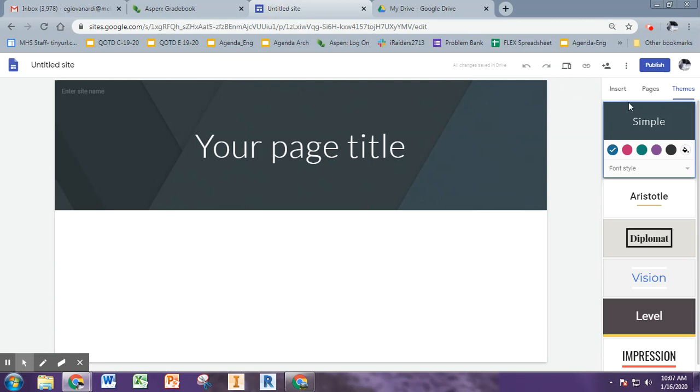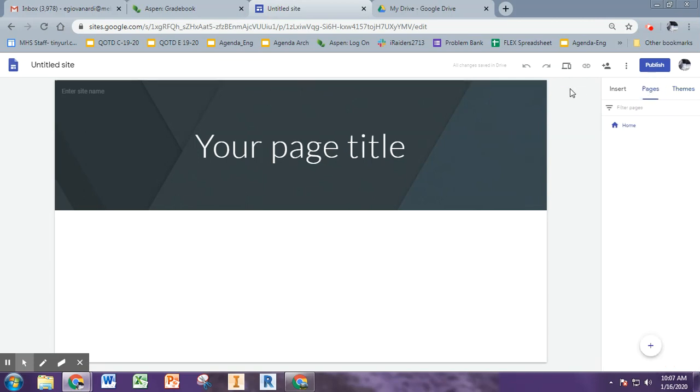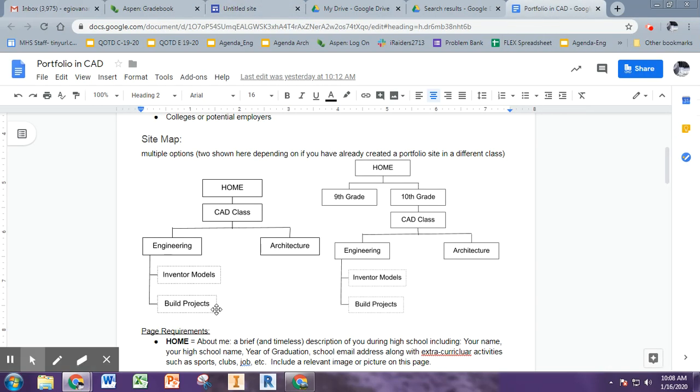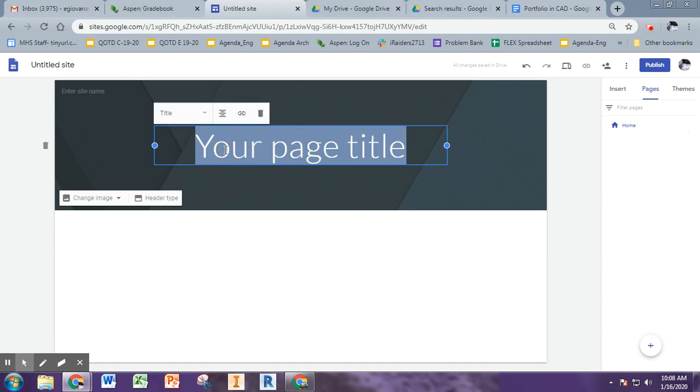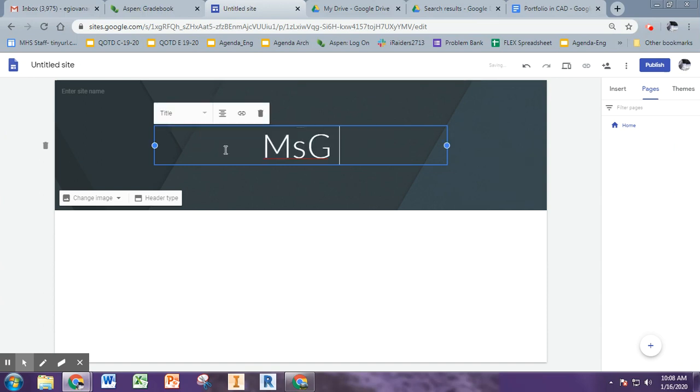To organize your pages in such a way to follow the sitemap, you come to this Pages tab. Now, if I go over to your instructions, it may look like this, and this is basically the sitemap. It tells you need a home page, then a page that says CAD class, and then it's going to split out from there. If you already have an existing site that has maybe 9th grade, 10th grade, you're going to want to put CAD class under whatever grade you're currently in. So to make it look like this, right here is your home page. So you'd want to say your name,